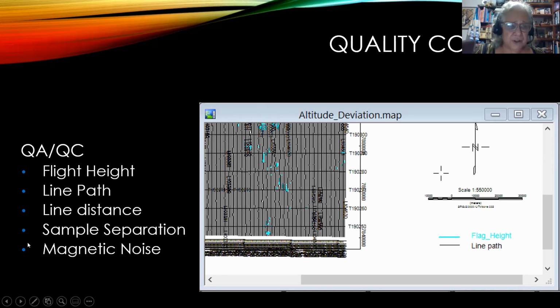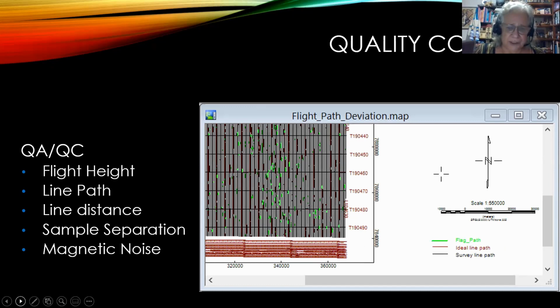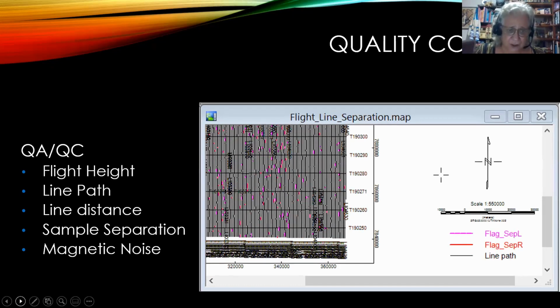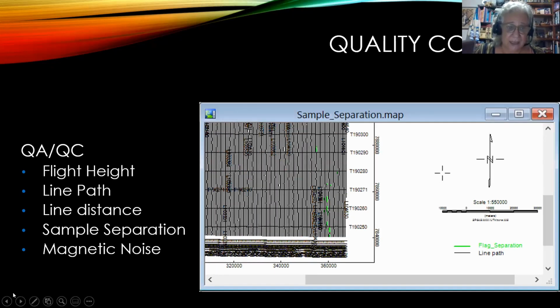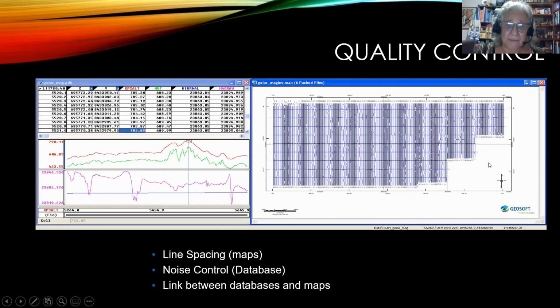So the QA/QC, you look for the flight height, you look for the line path separation, line distance, sample separation, and the magnetic noise. And you can test for all this and be sure that you have good data to process and interpret. So then you can go into your database, look into your profiles, also link between the databases and maps, and